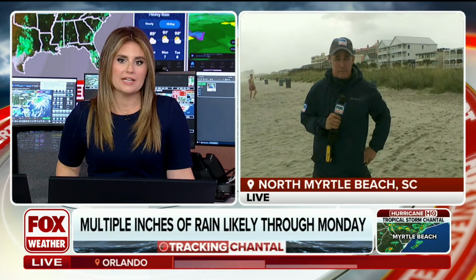Maybe some slight intensification, but not by much. And truly, Mike, I think you'd agree with me, it's not the type of intensification that would change the impact of what people are going to experience as we go through the day on Sunday. No, not if it goes from 45 to 50 miles an hour. It doesn't really change the impact. It's really mostly about the rain and then the impact